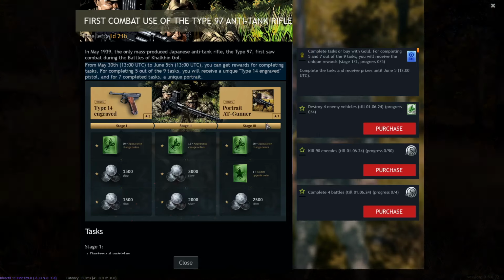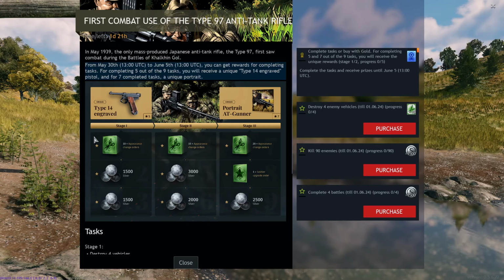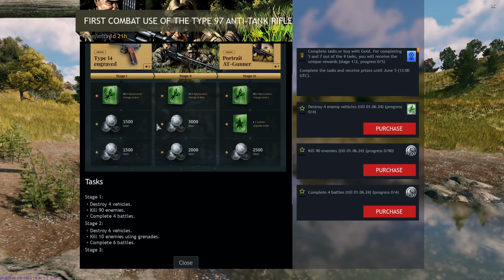Yeah, so mini event, same structure as always. You have 3 stages, you have 2 days for every stage. And whenever you complete a stage, make sure you click on getting these rewards, because people constantly forget it, at least some people. And then they don't get the events, and then they don't get the prizes, which is quite bad. So yeah. And for the first stage, you need to kill 4 vehicles, complete 4 battles, and kill 90